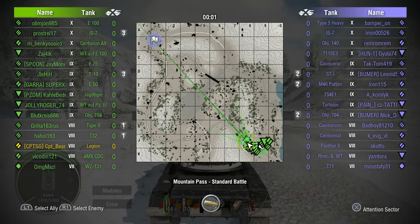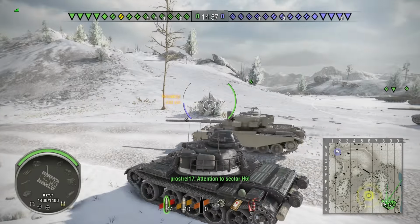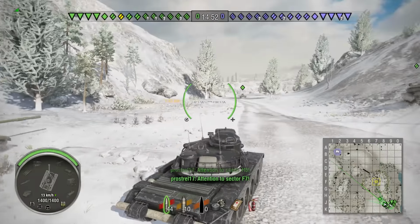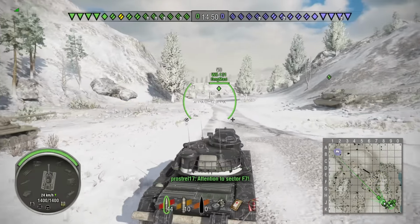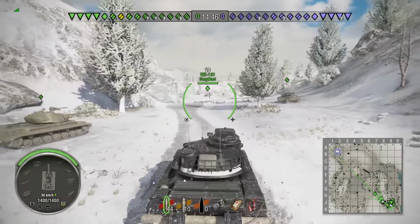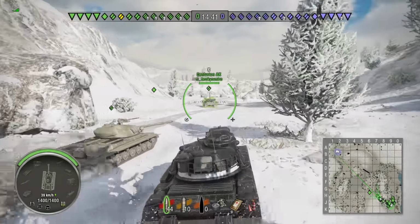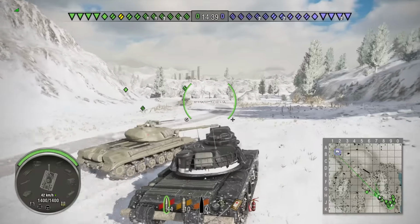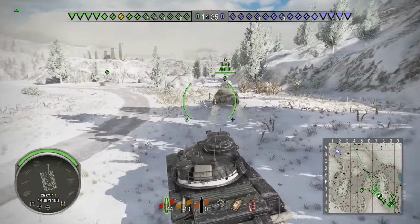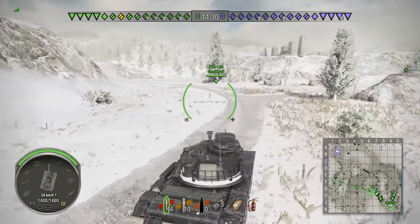Now I think this could possibly be the last of the fail clips, and yes, I'm in the Legion 59 now. I'll cut. Yeah, I did make a mistake when I did the review of this. I did misread the website. Normally, on all the other tanks it's just the two figures, silver and XP bonus. I completely misread it, and of course it has no silver bonus, which some of you reminded me, so thank you for doing that. And it has a 35% XP bonus and then a 20% crew XP bonus. So yeah, I did get that completely wrong, but